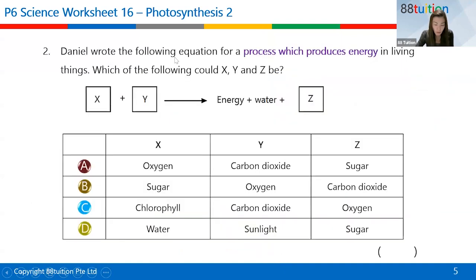Now, Daniel wrote the following equation. Can you see I put in purple? For a process which